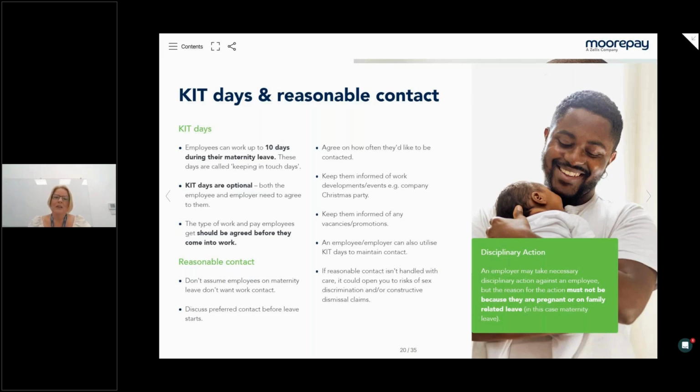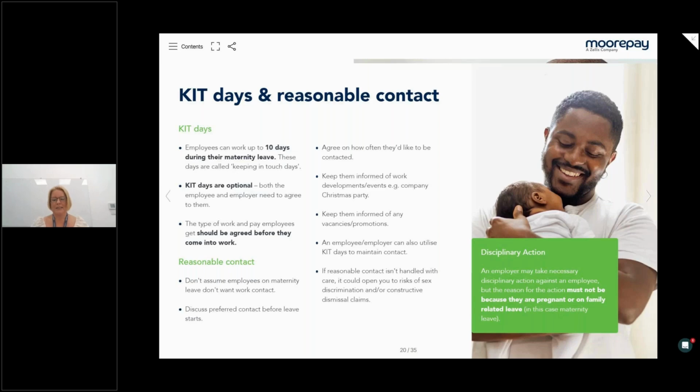Now, occasionally you do see somebody facing disciplinary action when they're on maternity leave. Now, I would generally avoid it if you can. And if things get too old as well, allegations get too old, you've not spoken to your employee, it's difficult to address it later on down the line anyway. So I would say if there is something you need to discuss with your employee, you could use a kit day to investigate it, but I would only do it if you have to. If you don't have to, then I would strongly encourage you not to do it.